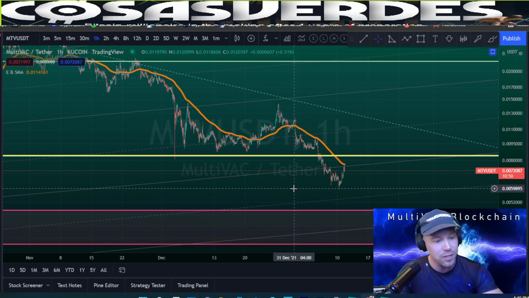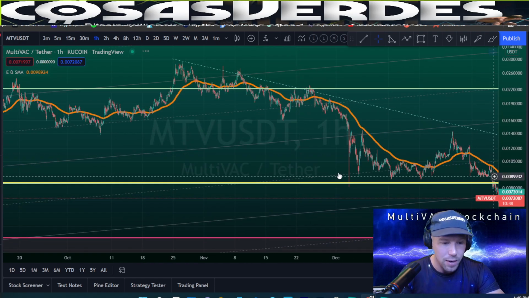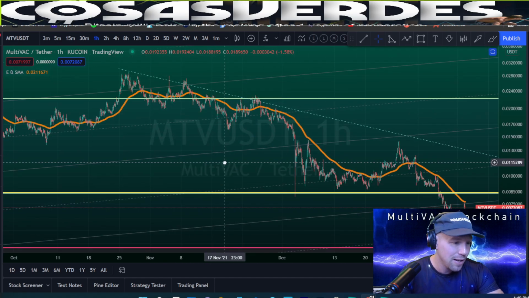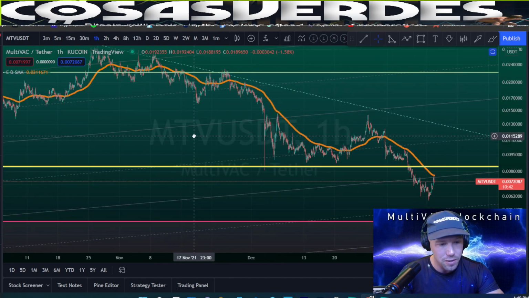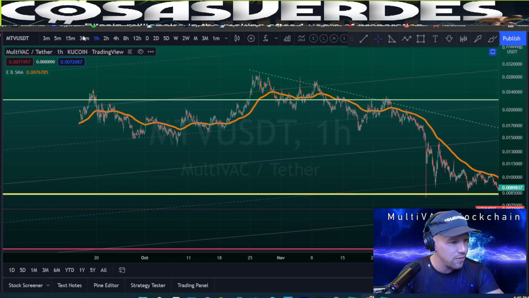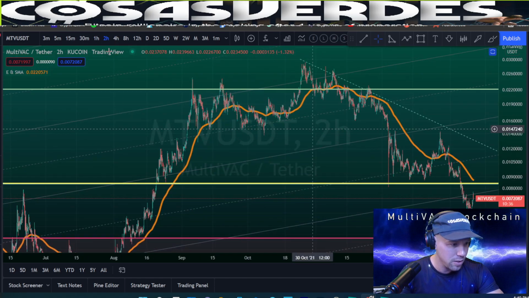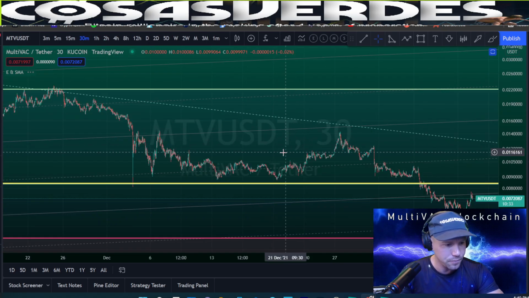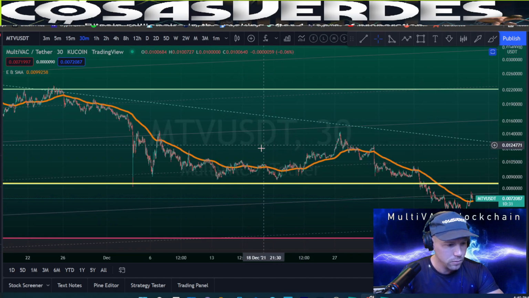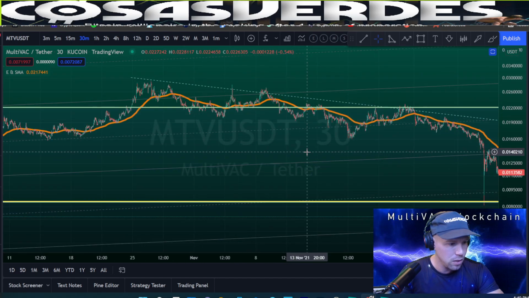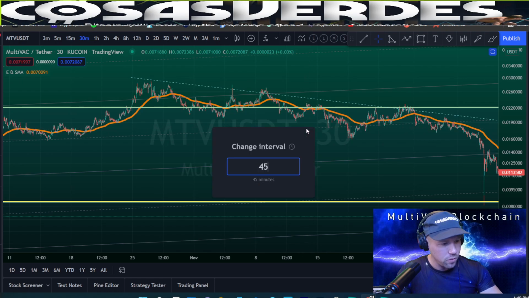It's so much easier to do that when it's not that weak, because Verasity was just strong enough with just not big enough pops to try. So the 1 hour 200 doesn't look too sexy for this coin. What is it hitting? The 2 hour? No, the 30-minute? It might be using something like the 45.